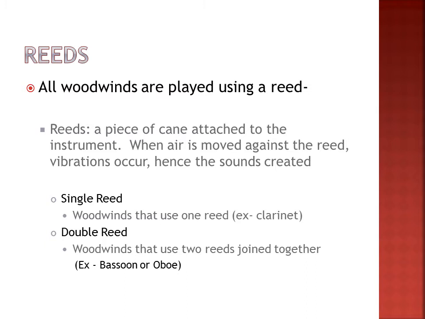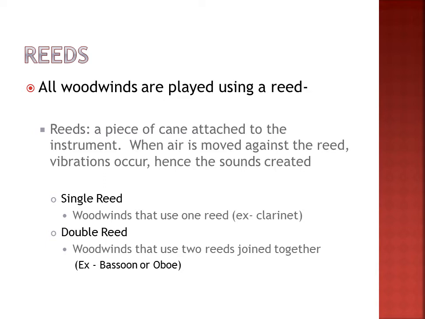That create music. A single reed instrument is a woodwind instrument that uses only one reed, for example, the clarinet. It's a single piece of cane that's put directly against the instrument in order to have vibrations go through the reed into the instrument. A double reed instrument is a woodwind instrument that uses two reeds joined together, for example,